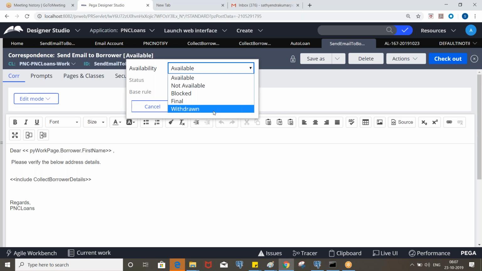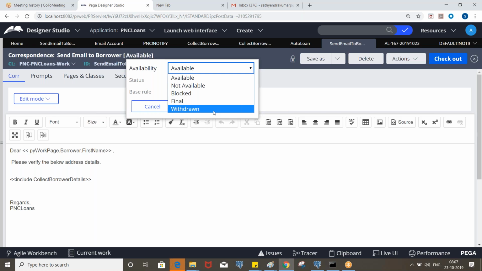Let's say if we make 03 as withdrawn, it will ignore 02 and 01. If we have a rule in 04 with the availability as available, then that will be executed. But mostly, if you do not want the rule to be executed, we can make the highest version rule withdrawn, so that all will be ignored.